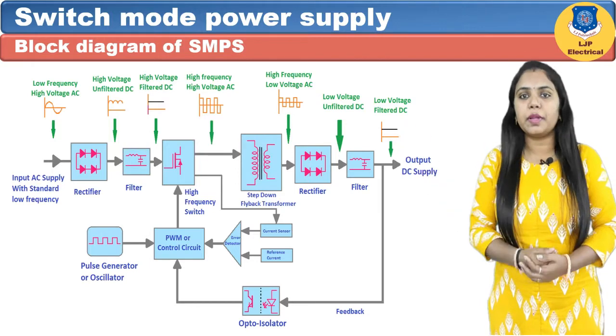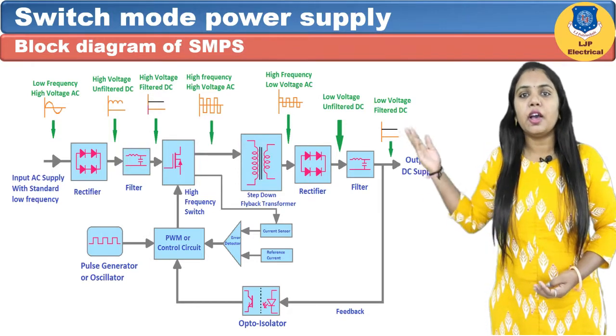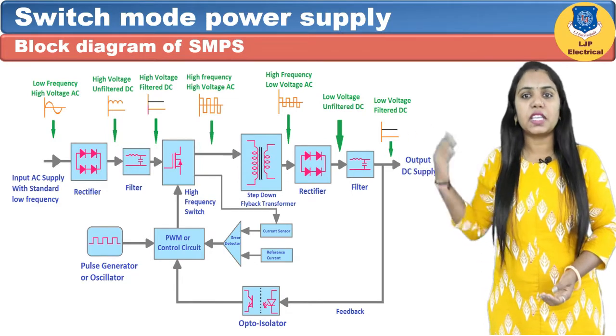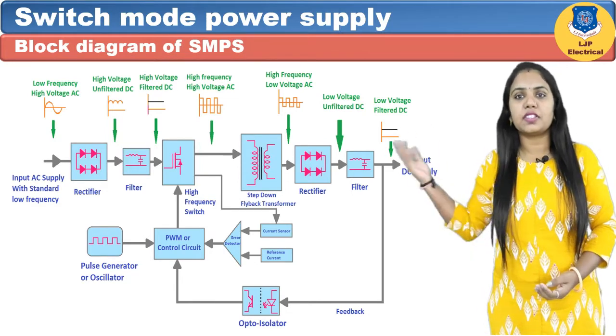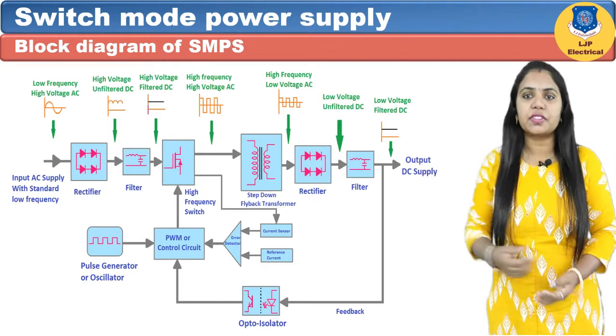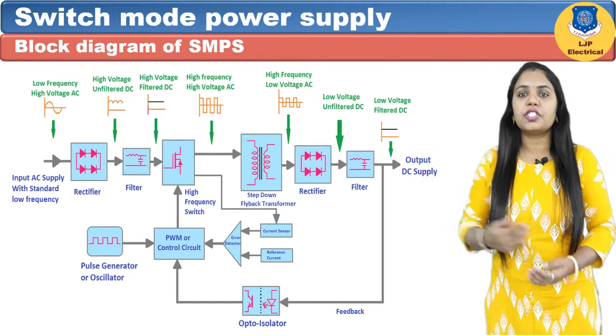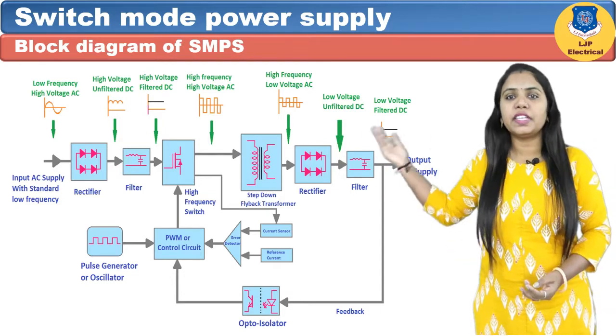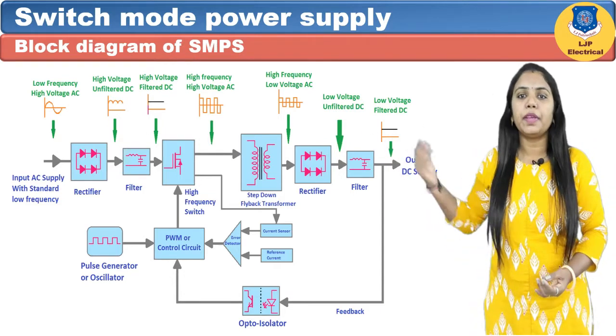The reason for this double conversion process is that by changing the DC or mains frequency AC to a high frequency AC, the components such as transformer, inductor and capacitors needed for conversion back to a regulated DC supply can be much smaller and cheaper than those needed to do the same job at mains frequency.